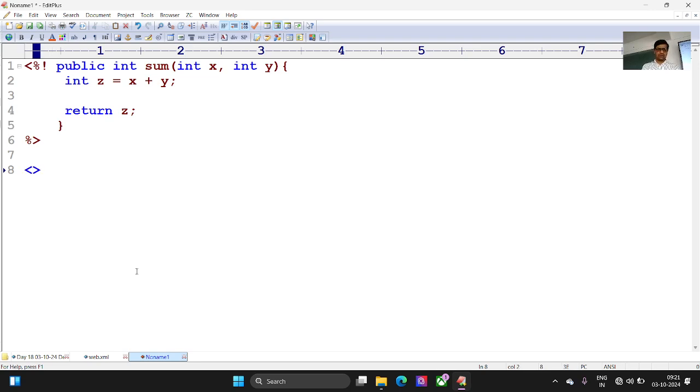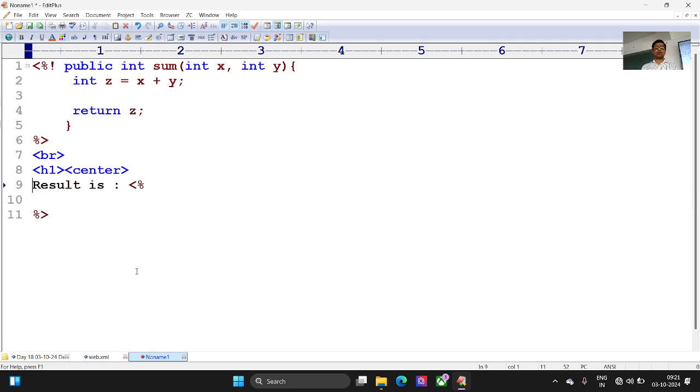So let me keep here maybe h1 center just to give some beautification, nothing else. H1 center, and you can use some break, and result is, or addition result is, okay. And here I'm using the scriptlet tag. What is the scriptlet tag, guys? This is my scriptlet tag, right? So simply call the method, either hold a variable, integer result is equal to, sum of,